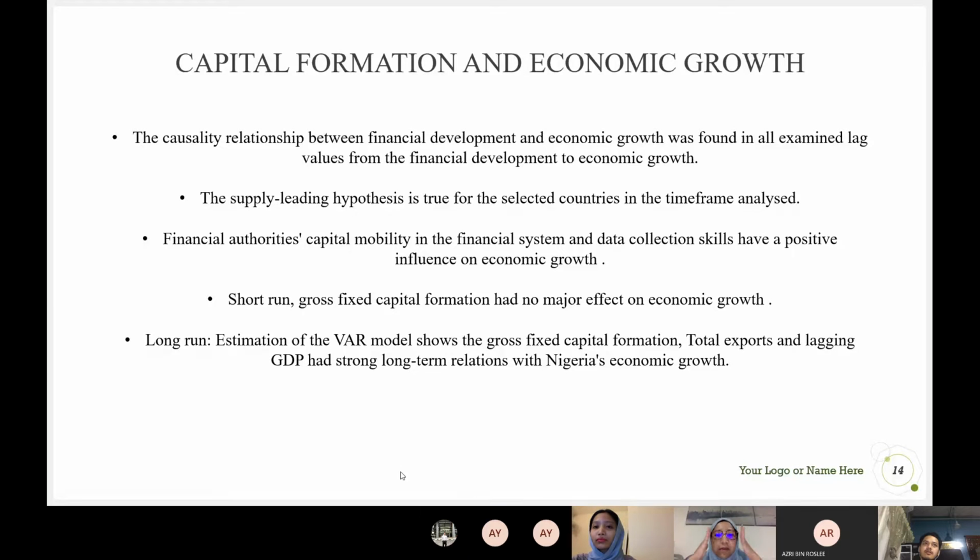As for capital formation and economic growth, the causality relationship between